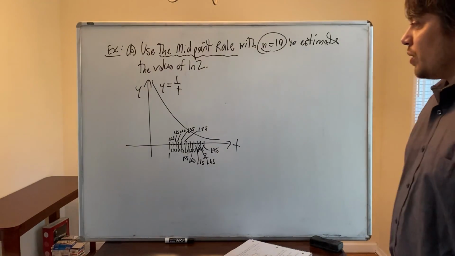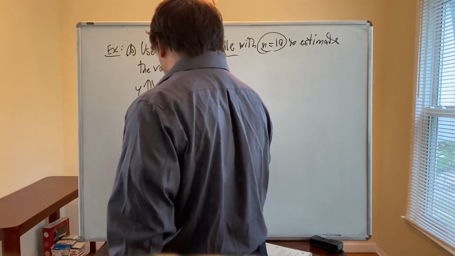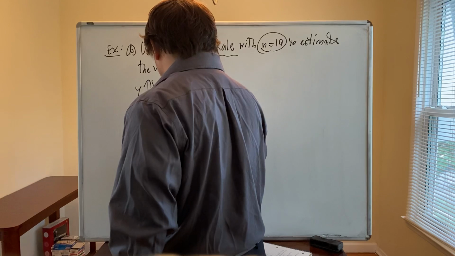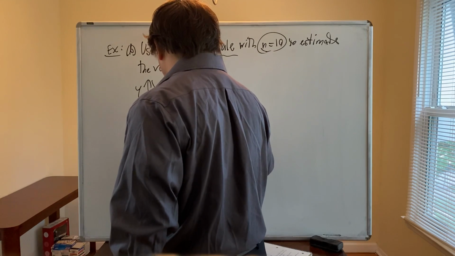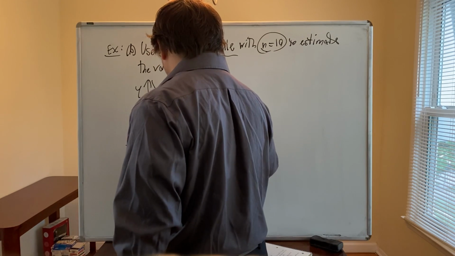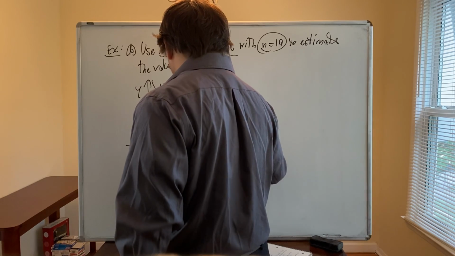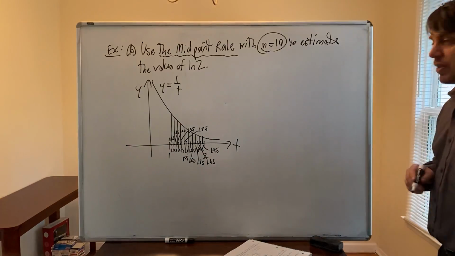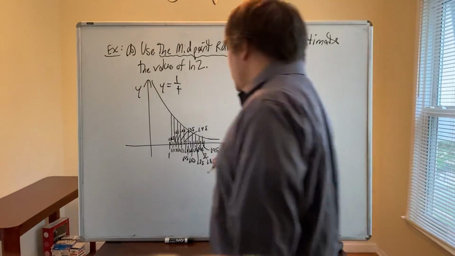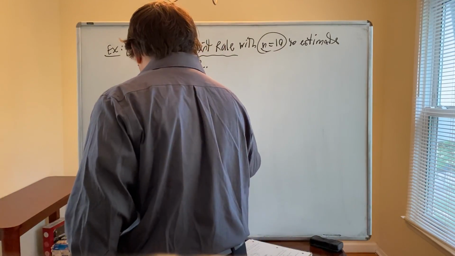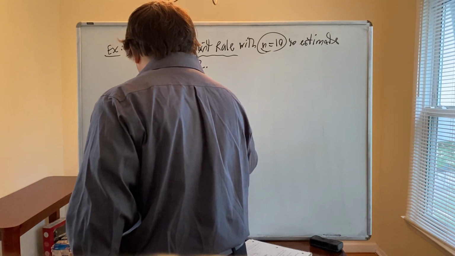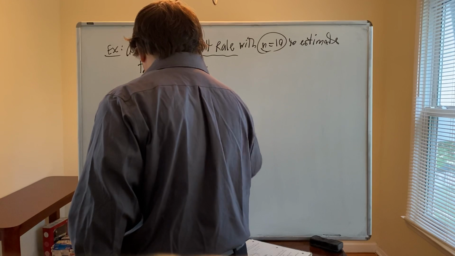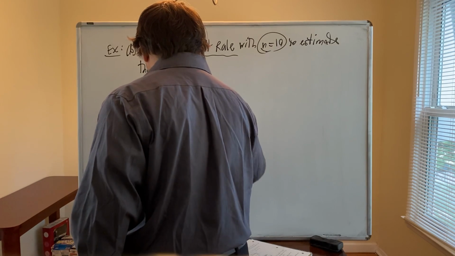Okay, and so to estimate the value of ln 2, we just make 10 approximating rectangles, where the height of each rectangle is determined by the height of the function at the midpoint of each subinterval. So these are the values of the function at those 10 midpoints. And so at each midpoint, we're going to correspondingly make the rectangle have the height of the function at that point in that subinterval. And so what you get is 10